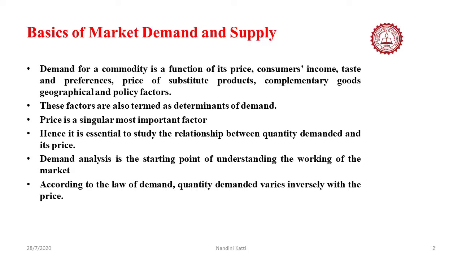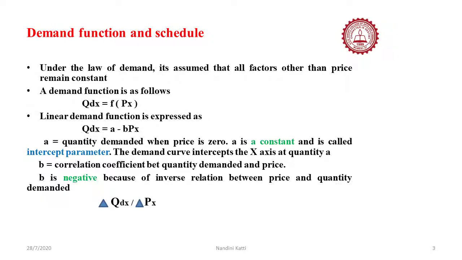Demand is the starting point for understanding how a market performs. Hence, according to the law of demand, we know that demand and quantity demanded always vary inversely with price. Whenever the law of demand is under study, it is generally assumed that all other factors other than price remain constant. A normal demand function is represented as: quantity of commodity X demanded is a function of